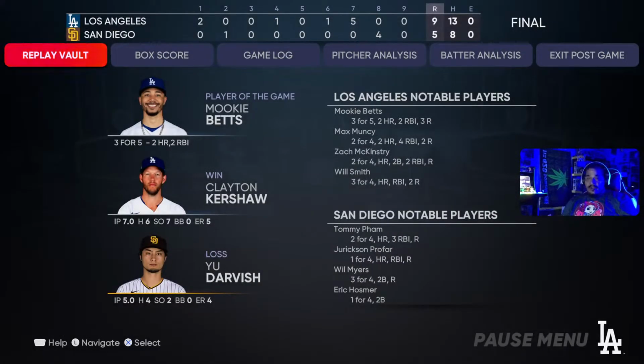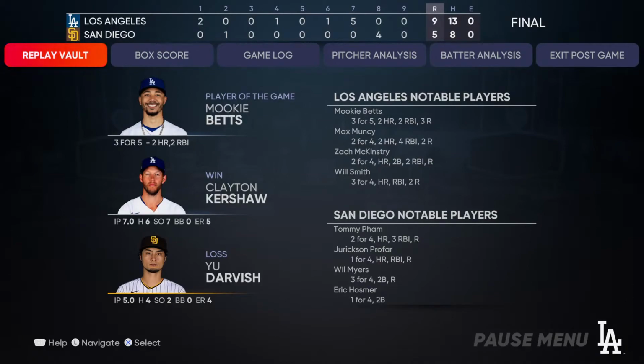Here now is our final line score this afternoon. For the victorious Dodgers, 9 runs on 13 hits. No errors. They left 2 men on base. For the Padres, 5 runs